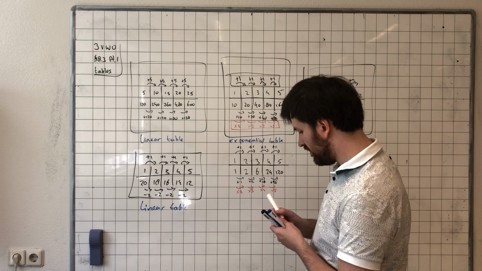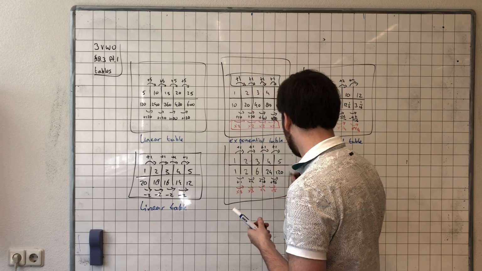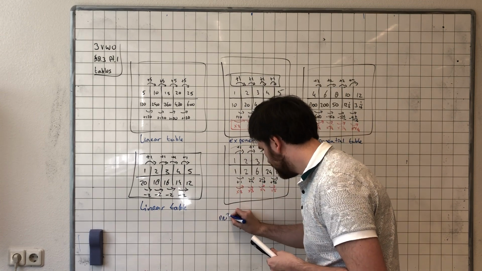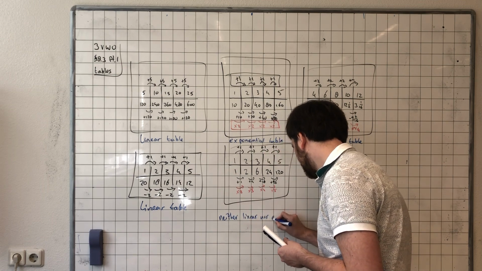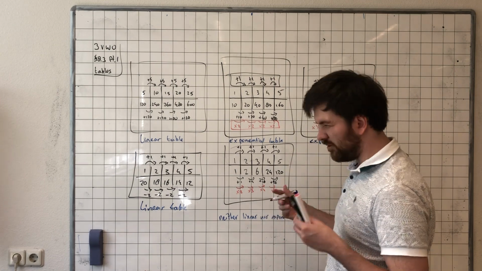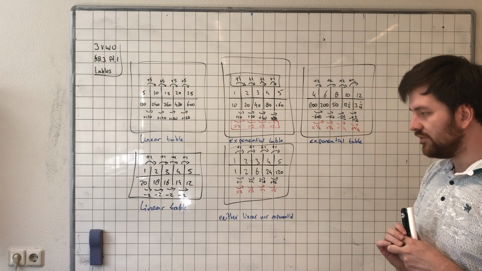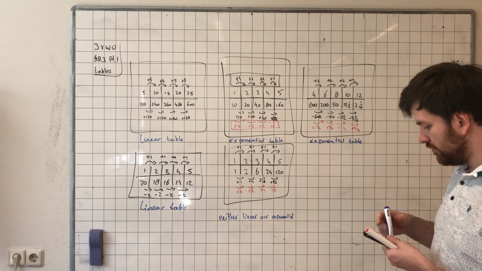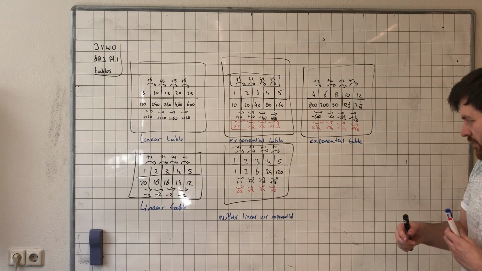So this is neither linear nor exponential. There is something going on, but what is actually going on will be taught to you in the 5th grade, I think. Last example, and this is not something that you necessarily have to know, but it might seem interesting